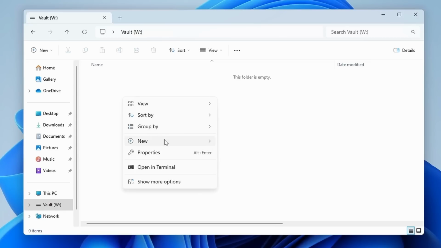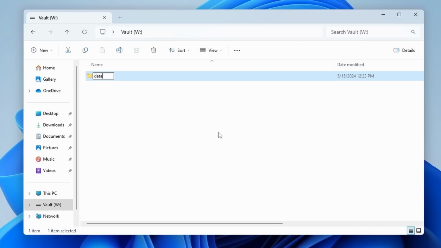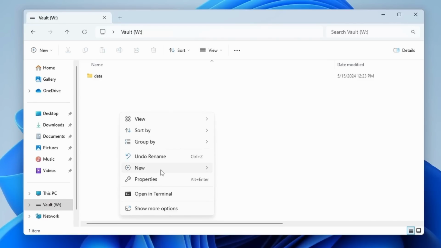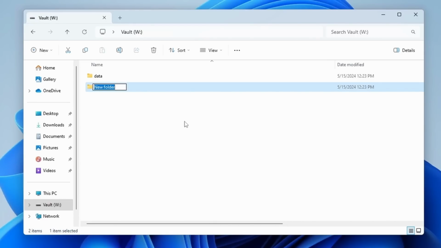The shares that I'm going to create, you could create whatever you want, do it however you want. But generally what I do is I have a data share, and that is going to be basically everything. It's going to be my movies, TV shows, Linux ISOs, backups, things like that. All are going to end up in this data folder. Another thing that I do is I create one called Docker. This is going to be where I store all my various Docker configurations. For now, these are the only two I'm going to go with, but you could create another one for like projects. Just organize it however you would like to.